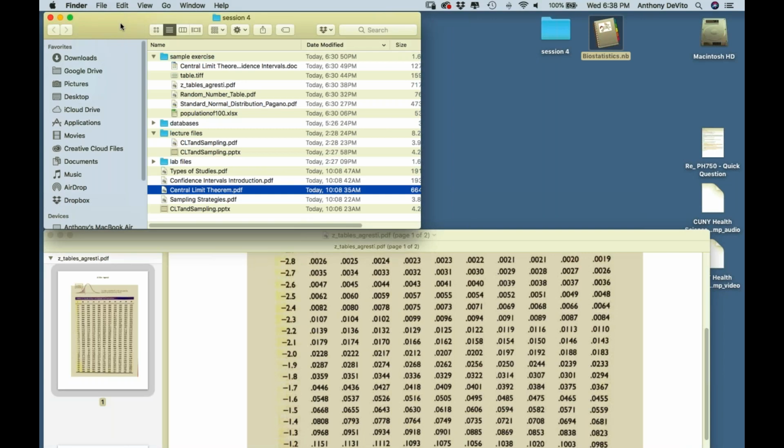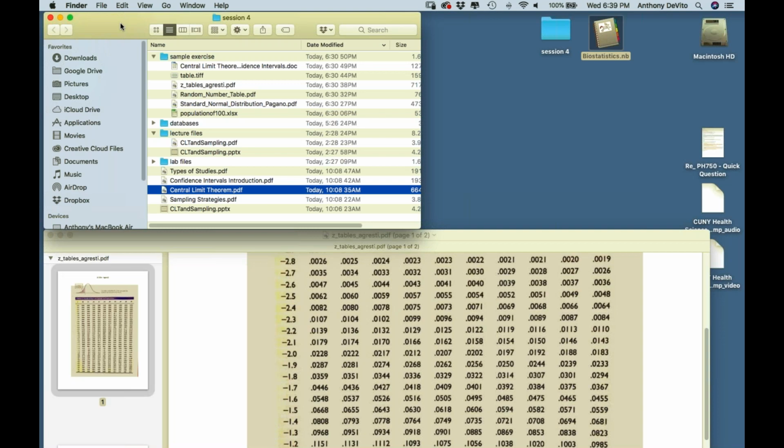Okay, so now we're going to do an exercise that I hope will demonstrate the principle that I was just talking about, the way that sample means, based on their sample size, relate to the population. And that whole idea put together is something called the central limit theorem. That might have been the name you were looking for, Brian. It's called the central limit theorem.